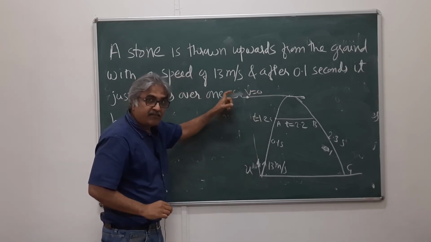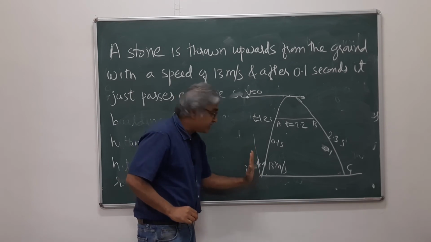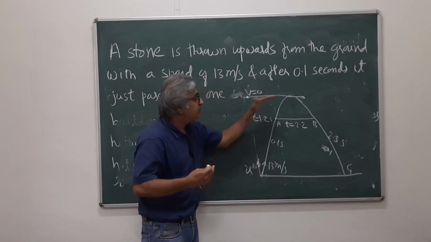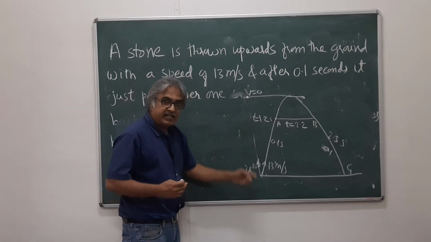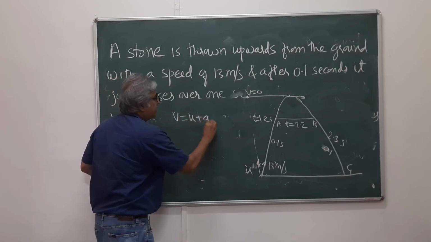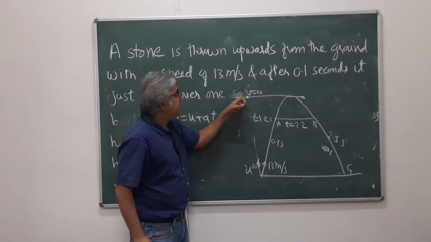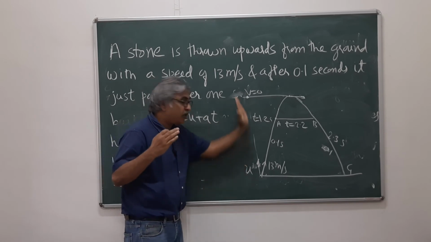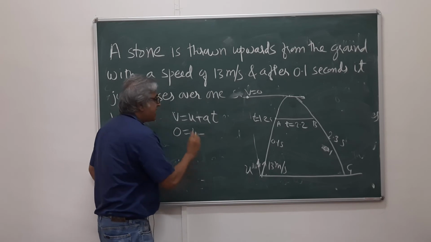What we want to find out here is the initial vertical velocity. Once we find the initial vertical velocity, we can find the horizontal component of velocity, which will be constant, and you know how to find AB. So if this is a rectilinear motion we are going to consider, we will use the relation V is equal to U plus AT. We want to find out U. You know that at this height the velocity is 0, the final vertical velocity. So 0 is equal to U plus AT, right?